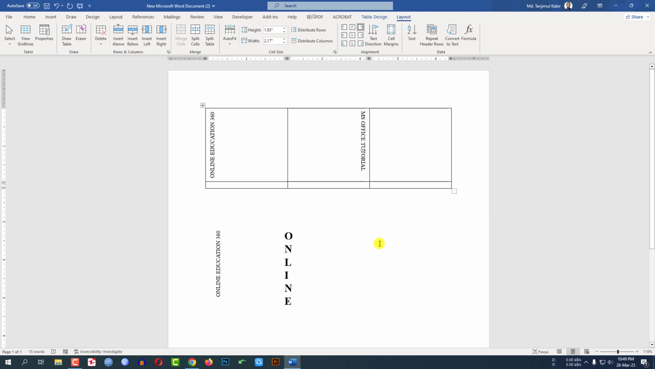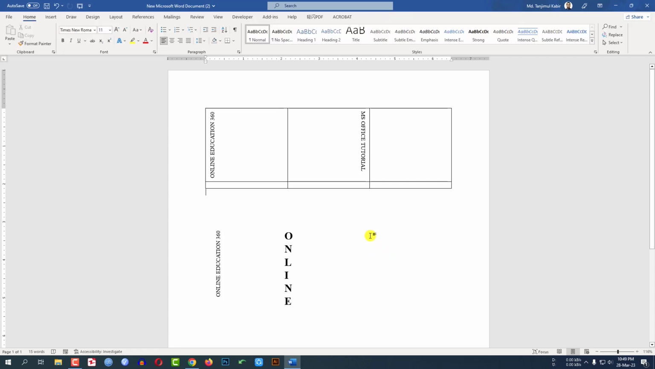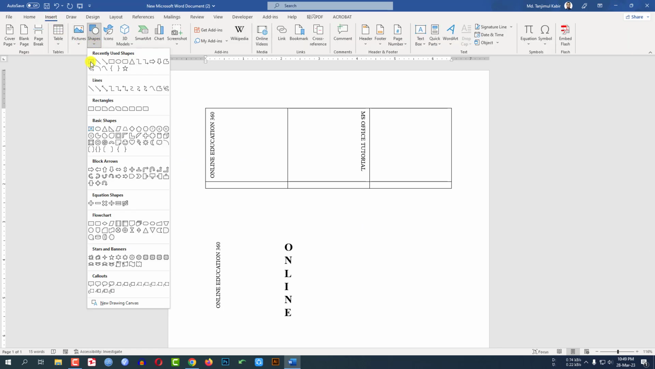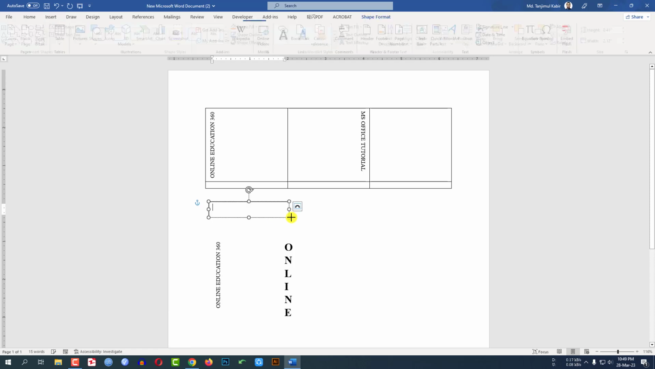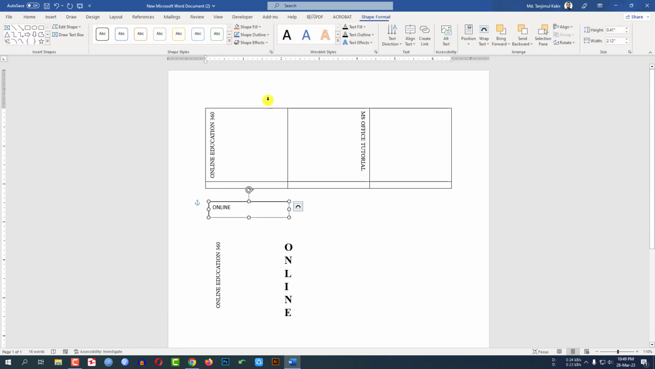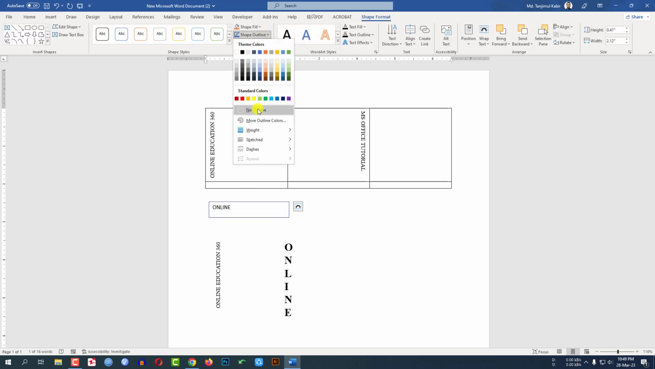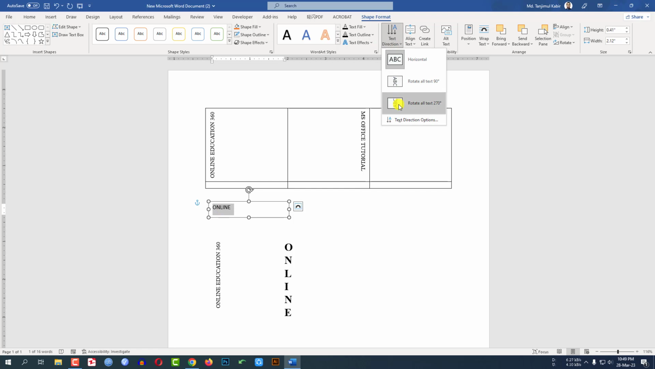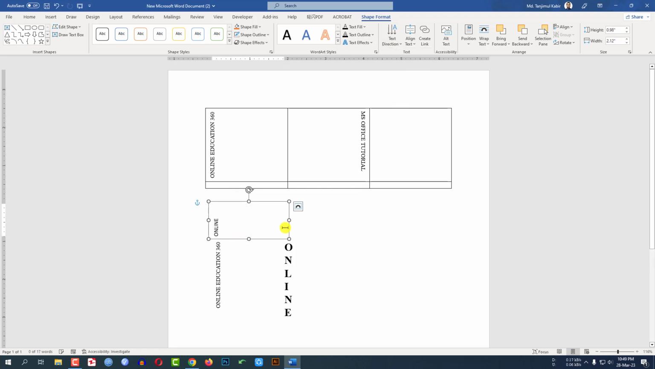Now I have to rotate the text outside of the table. If I want to rotate something outside of a table, I have to insert a text box. Let me go to insert, go to shapes, pick a text box, and right here online, click on it, go to shape outline, make it no outline. Just select the text, go to shape format, go to text direction, and rotate the text like this